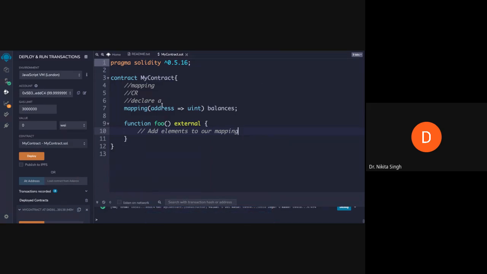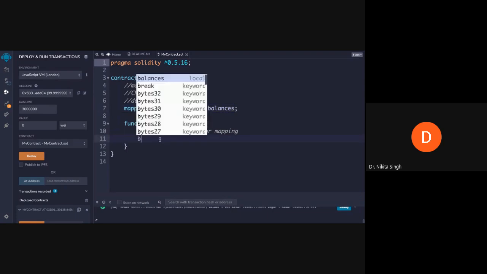So this is how you declare a mapping. Mapping is a state variable. You have a function here which allows you to manipulate your state variables. Then what we need to do is add some elements to our mapping. How do we do that? To add elements, you will use the name of the mapping.